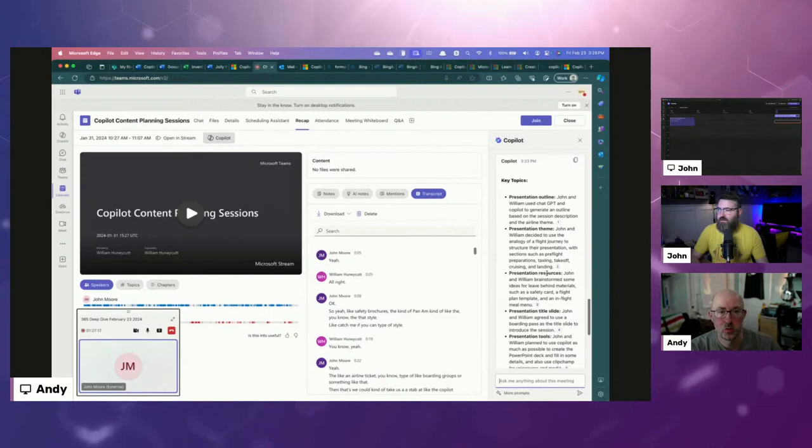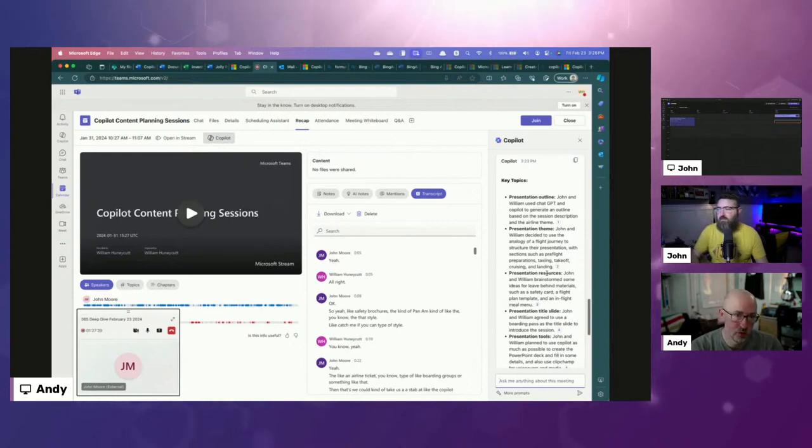Let me tell you why doing the export is actually really valuable in my world. I'm in a multi-tenant organization, and we have meetings that happen cross-tenant all the time. And if you're not in the same tenant where the meeting's being hosted, you can't use Copilot against that meeting. So in this case, I can pull down the transcript and share it or send it over to one of my colleagues that's in the other tenant, and then they would be able to use Copilot over there against the transcript and work with it. That's one of the top-of-mind tricks for me,